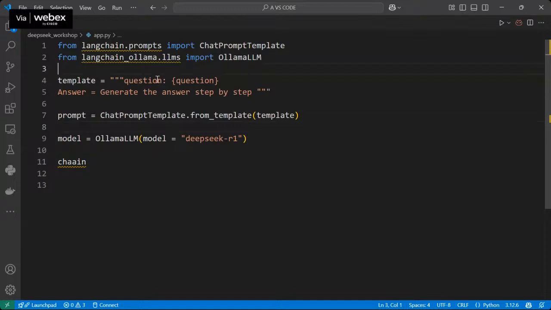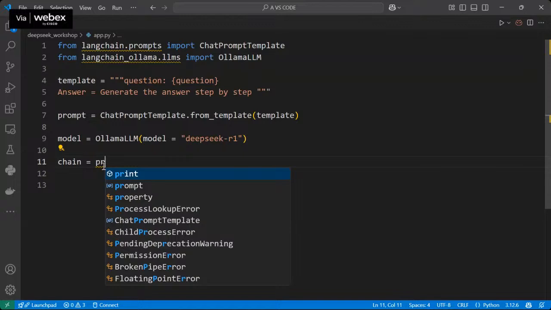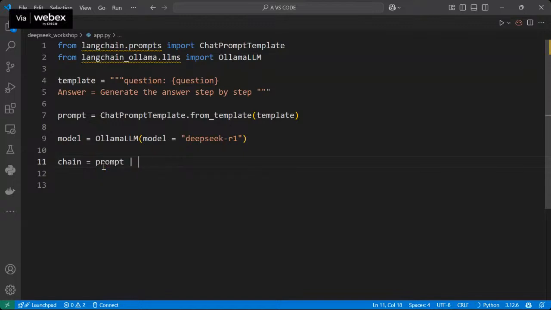We created the prompt template using the given template, and we call the model from Ollama, the DeepSeek R1 model. And chain equals prompt, and let's call model.